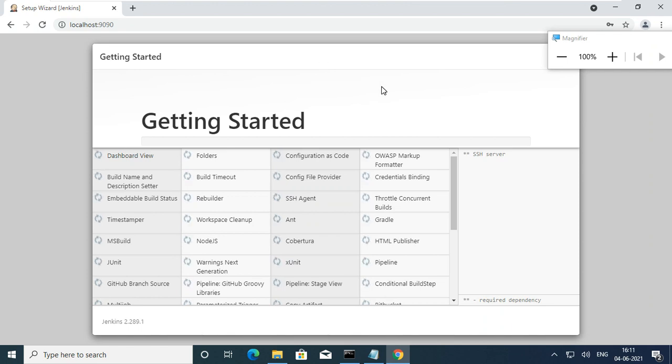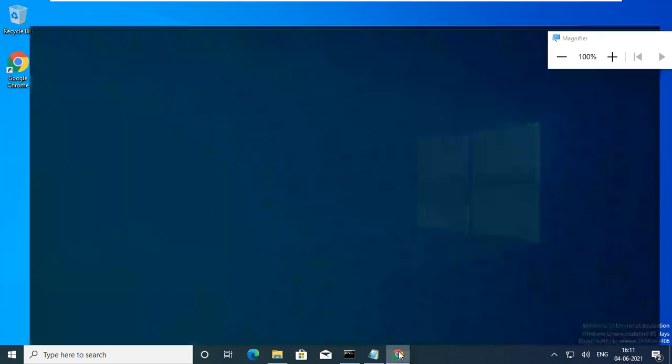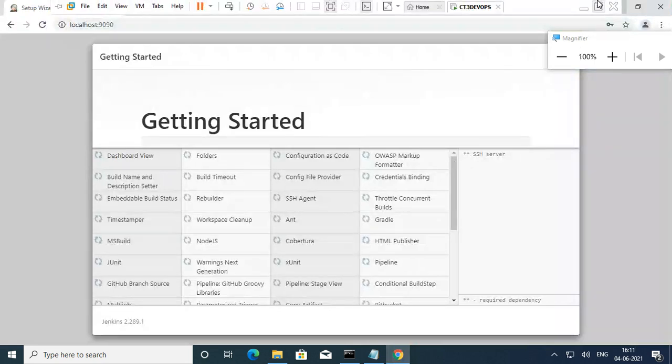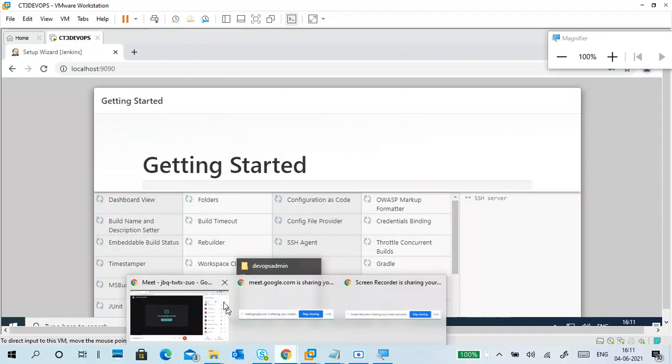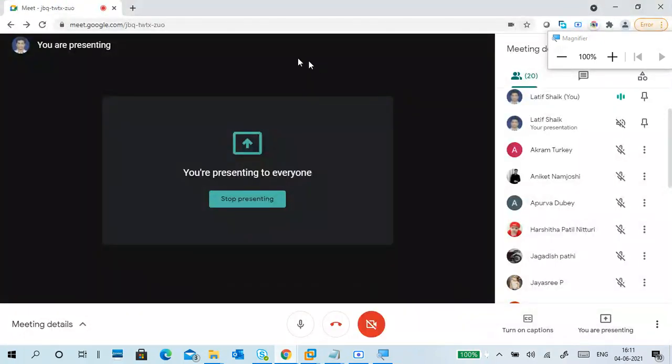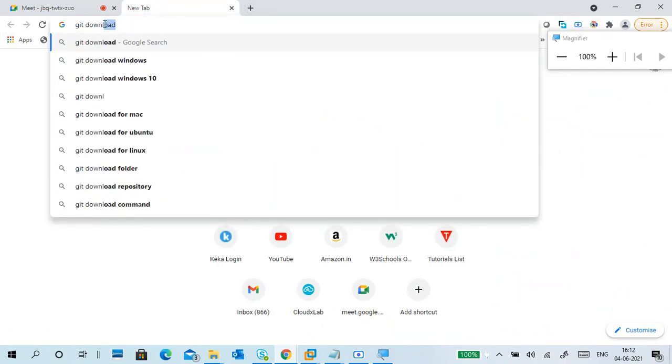Okay, so it will take time to install, and if you want, you can download, and I will show you Git meanwhile. Git installation. I have to download Git, right? Actually I already downloaded Git. How to download Git?